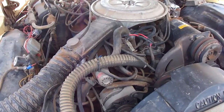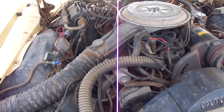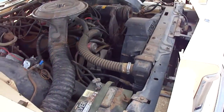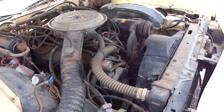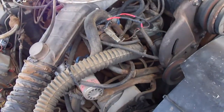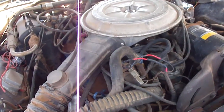But as we were driving home, the engine quit running altogether, and we just coasted to the side of the road, and it would not restart at all. And I was just at about my wit's end by then. I was thinking, well, what in the world could the problem be? But you'll notice here, what I eventually ended up doing to provide the solution was to put on a new